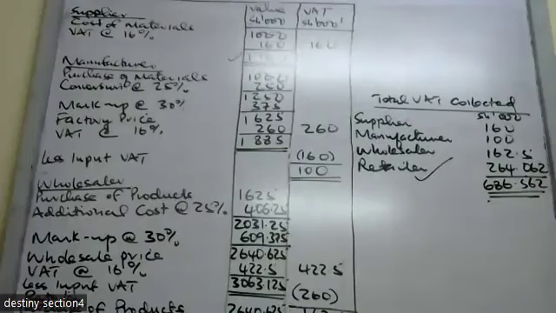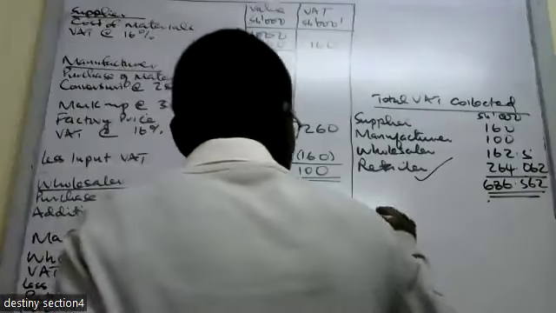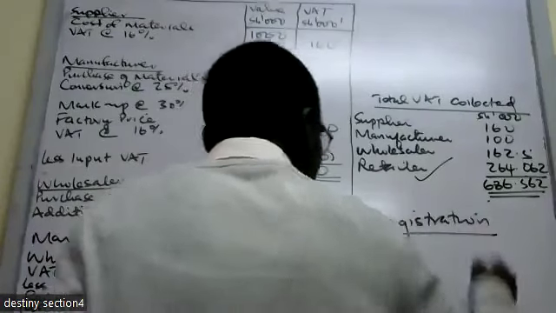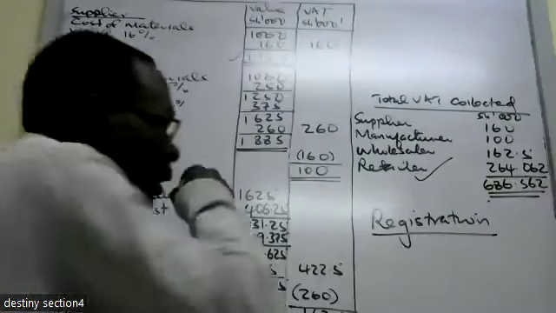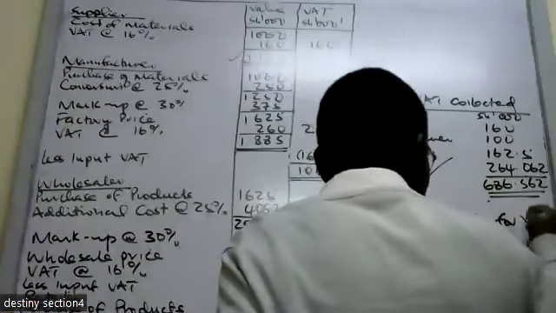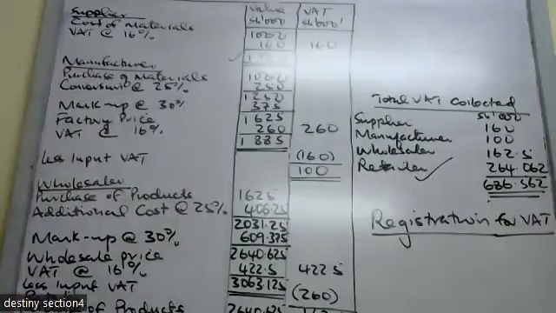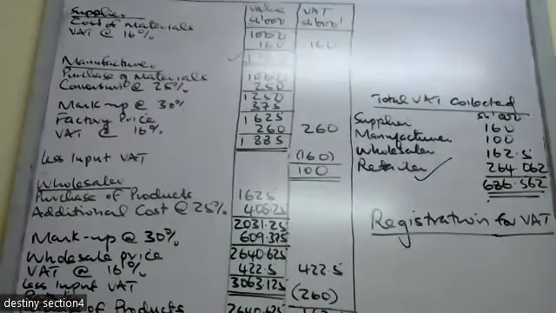Very well. So now we look at matters of registration. Next, subheading, you put registration, actually, registration for VAT. Then you say compulsory registration applies to any person